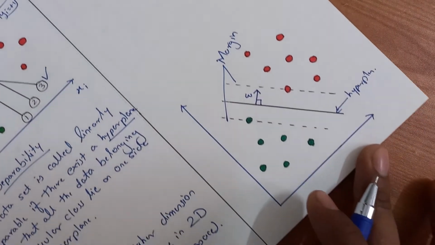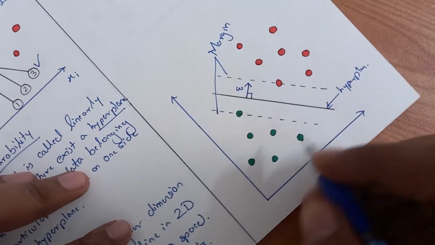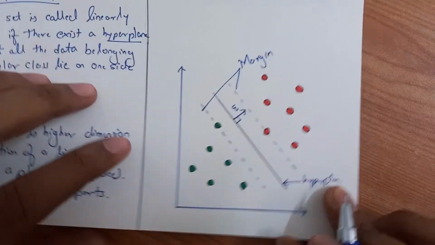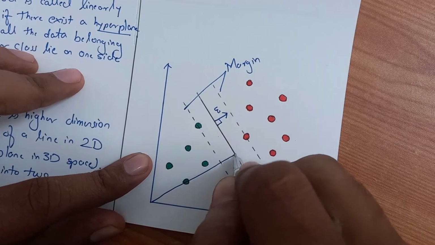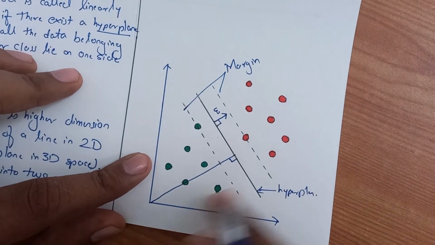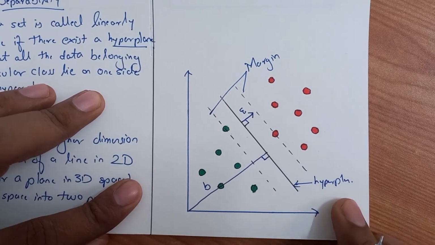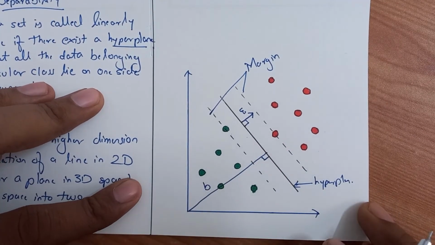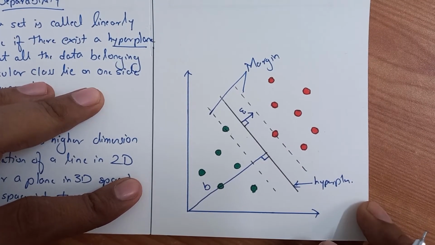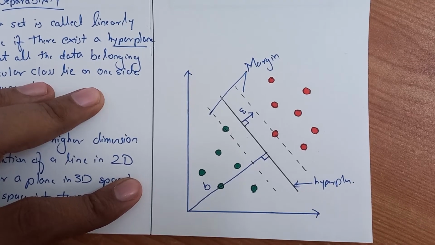B is the distance from the origin. The hyperplane's distance from the origin, like this. Let me draw it for you all like this. And of course it is also perpendicular to the hyperplane. So this distance is denoted by B. So one can easily understand why these two values are required. Of course, we want to come up with the perfect hyperplane, or the line equation in this example. This W and B are very useful.